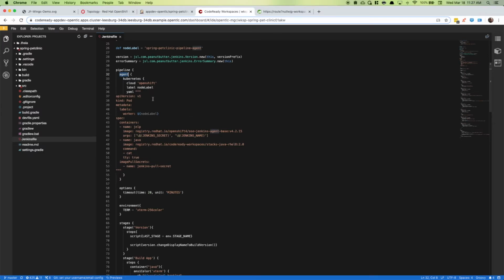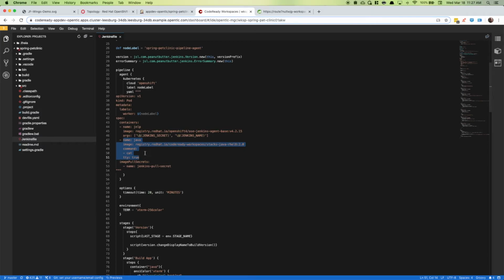I have the ability then to say in my pipeline what containers I want to be used while I'm building. So of course I need to have a JNLP container just to have a Jenkins agent to run my builds against, but I can have n number of additional containers to run